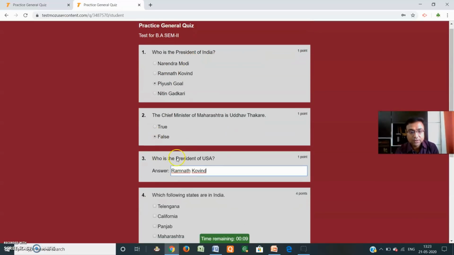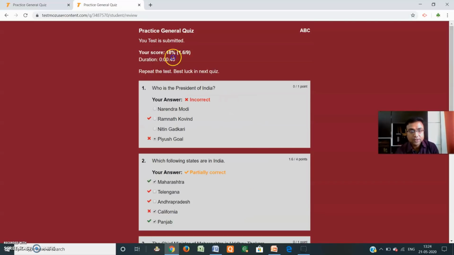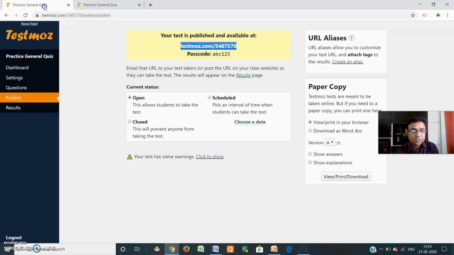The questions are shuffling. Suppose California, Punjab, and Maharashtra, Mumbai. Then just submit it. Now here it shows 80%. Repeat the test. Best luck in the next quiz. So when a student fails, this type of message is generated, and here the student name ABC is shown. In this way the student can solve the quiz.